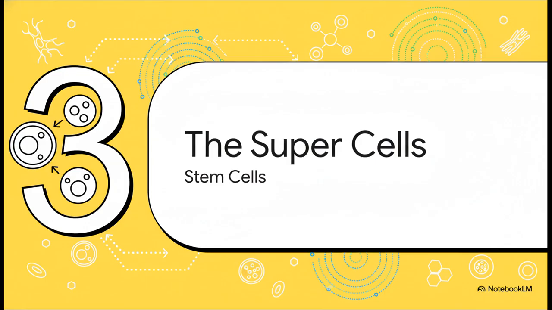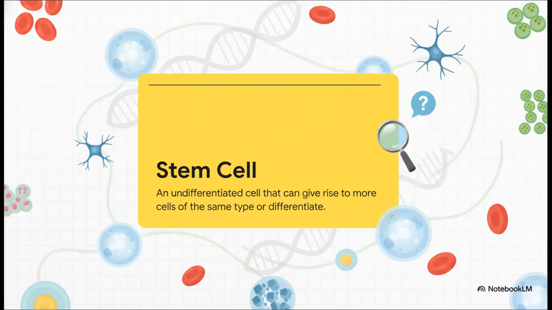But what if there was a cell that could become anything? Well, there is. Let's talk about the superheroes of the biological world, stem cells. And here's the official definition you'll want to have locked in. A stem cell is undifferentiated. That word is the key. It just means it hasn't decided what it wants to be when it grows up yet. It hasn't specialized. So it has this incredible potential to divide and then change or differentiate into all sorts of